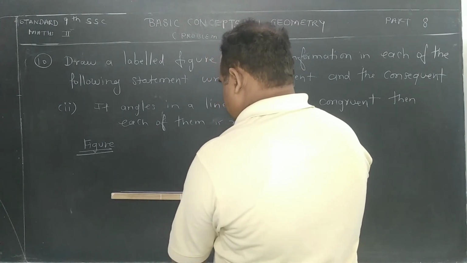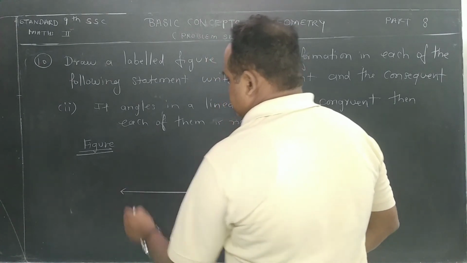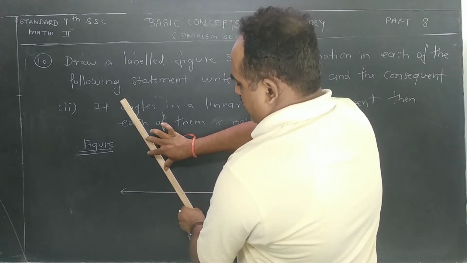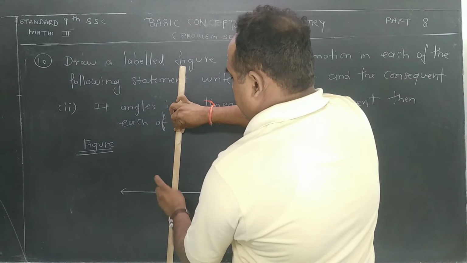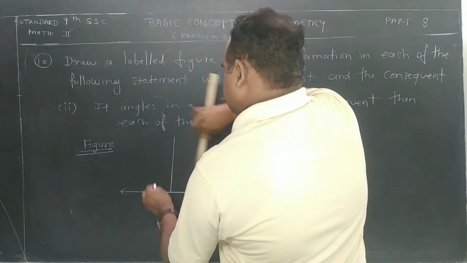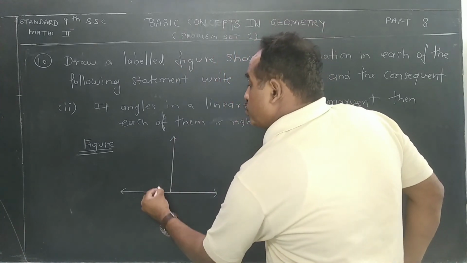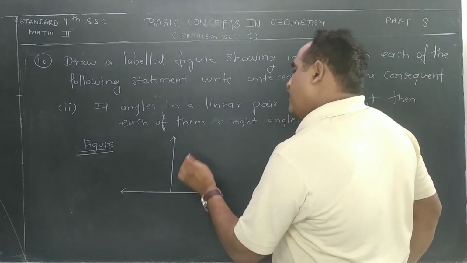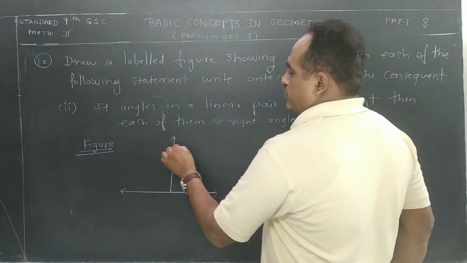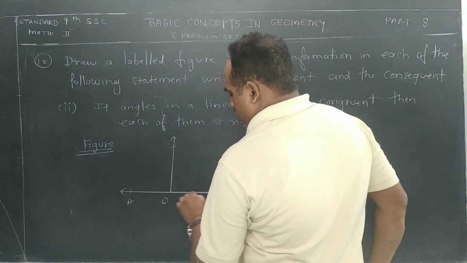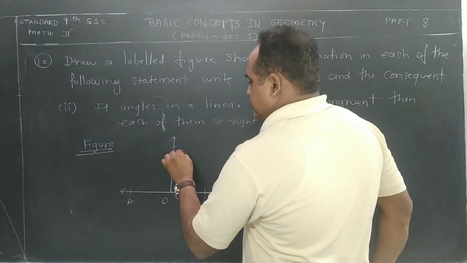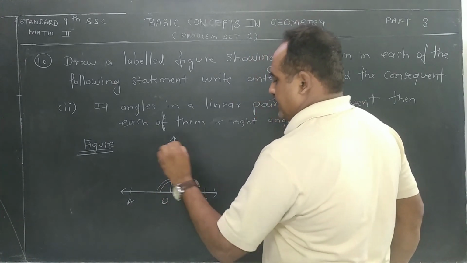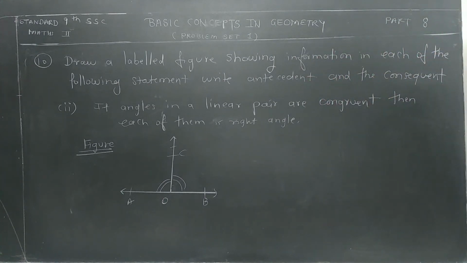Means these are the angles forming a linear pair. If I draw like this, it is angles forming a linear pair. But I know that I have to prove it is 90 degrees. Means I will draw like this, but I will not show it is 90. I will not write 90, just symbolically represent it. Is it right? So what are you going to do? A, O, B, and C is there, right? These two are congruent. I will put a sign of what? Congruent sign. This is the way we are going to draw the figure.